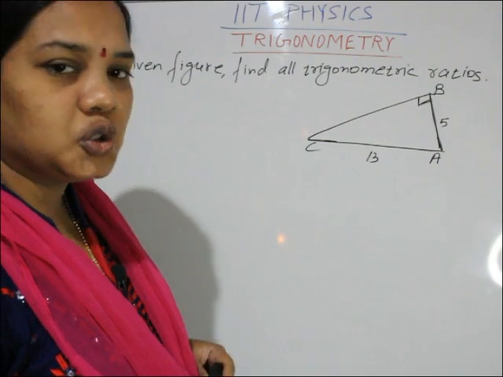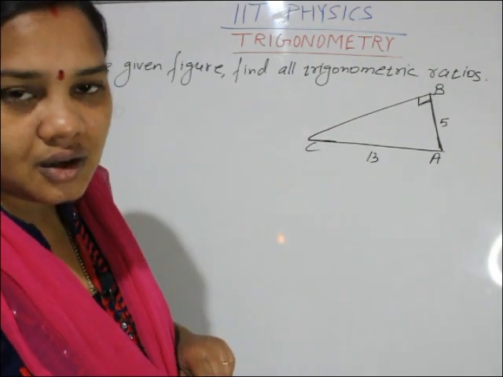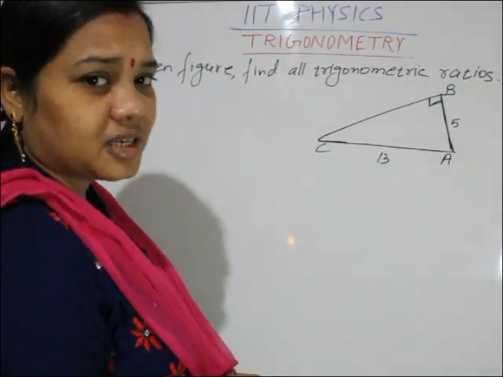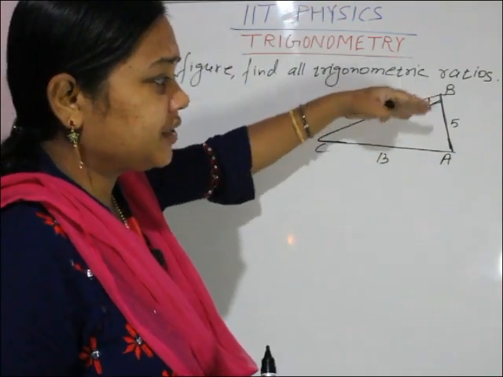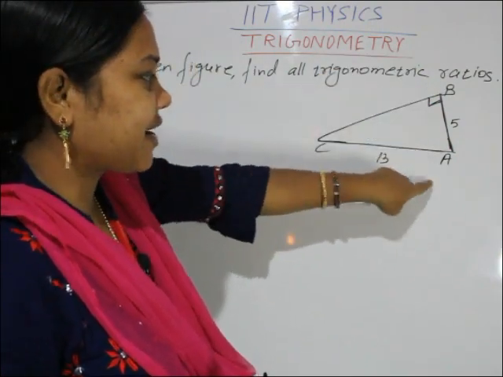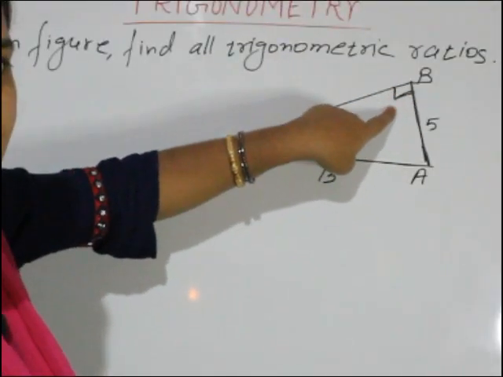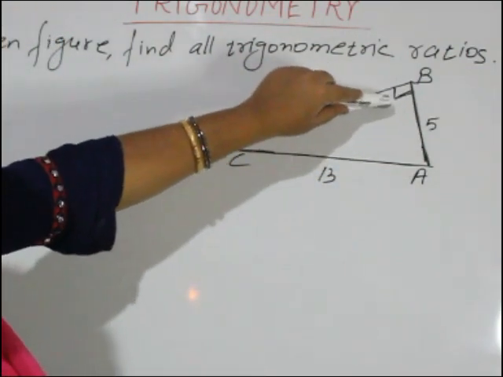So what we used to do, first we have to find all the three sides. Two sides are given, the third side you have to find. Before that, you just mark what is perpendicular, what is base. Okay, the side opposite to the right angle. What is this right angle triangle? Triangle ABC. Where is the right angle? At B. So see children, this is a right angle triangle, is it not? Triangle ABC, right angle at B.